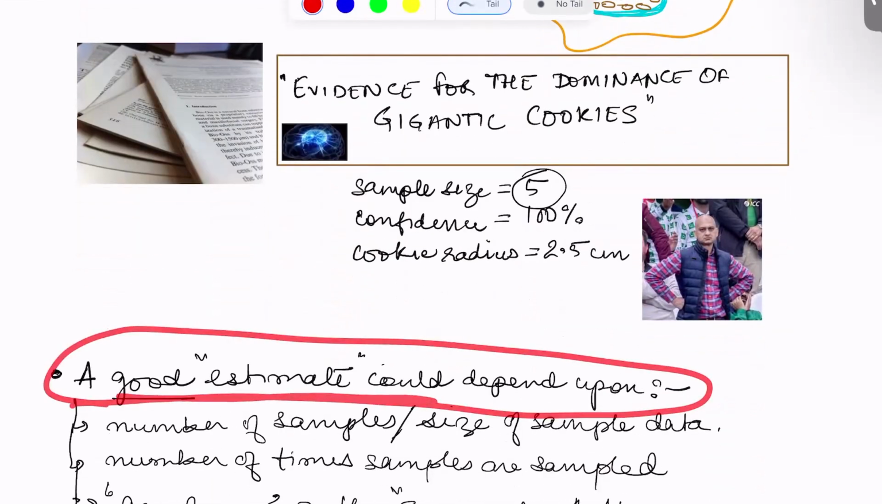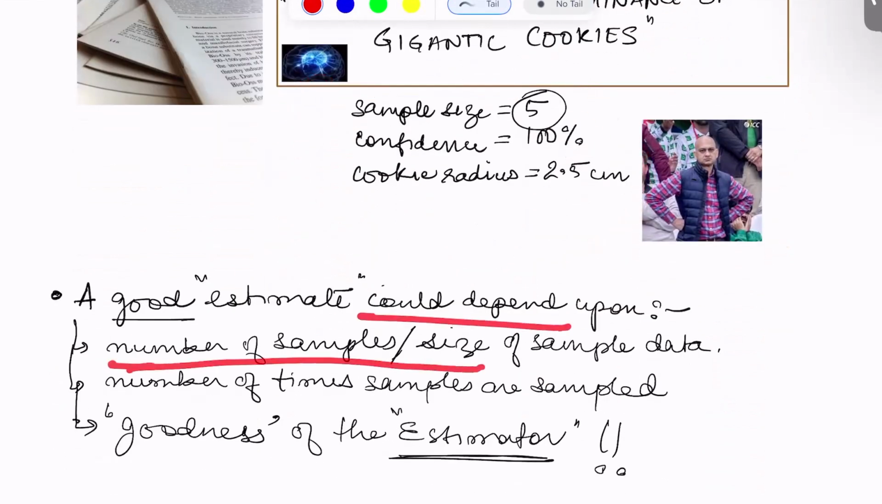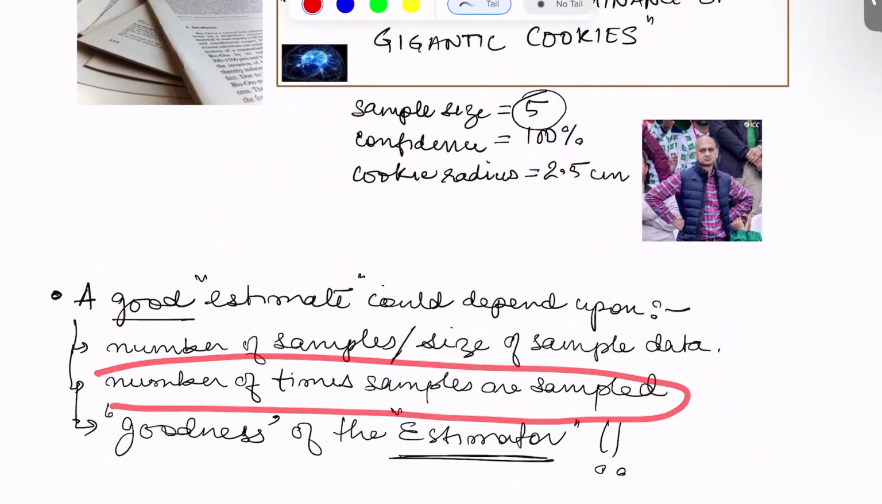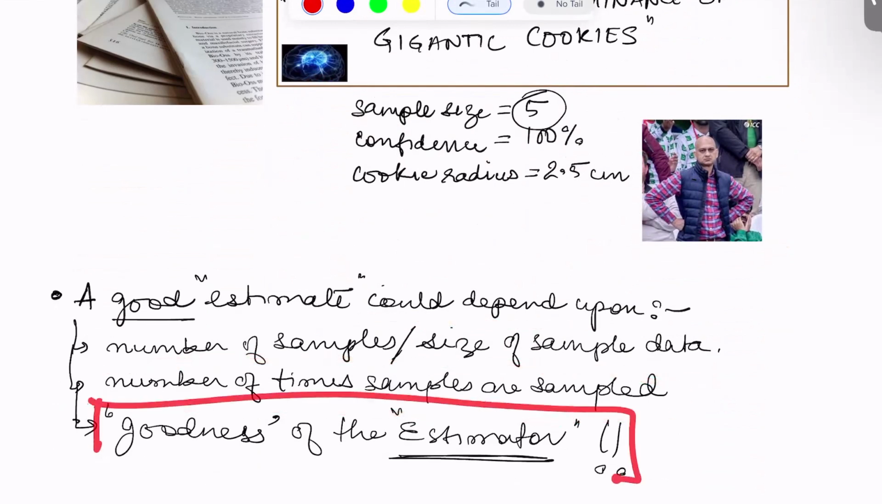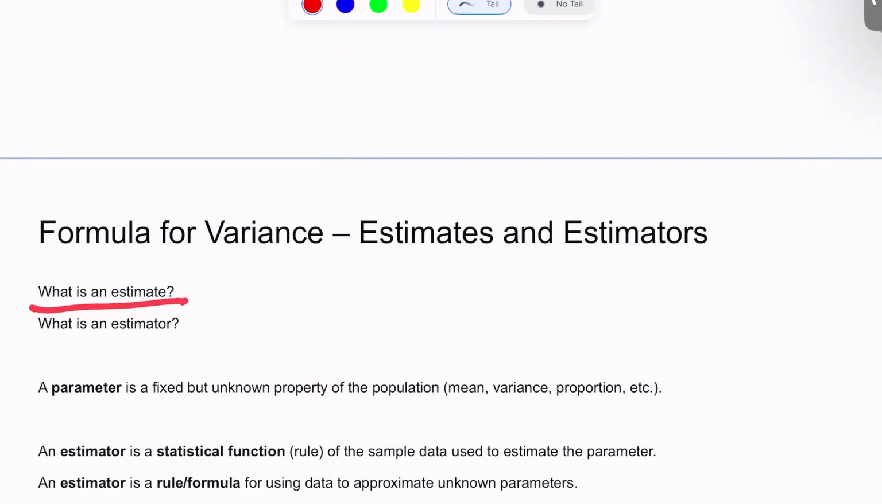Based on these examples, we can assume that a good estimate could depend upon the number of samples, or basically the size of the sample data, the number of times the samples are sampled, and the goodness of the estimator. Now, what do we mean by that? Let's first of all look into what we mean by an estimate, or what we mean by